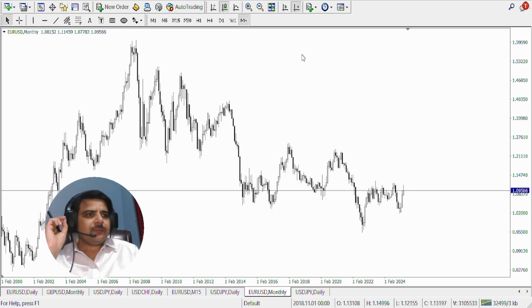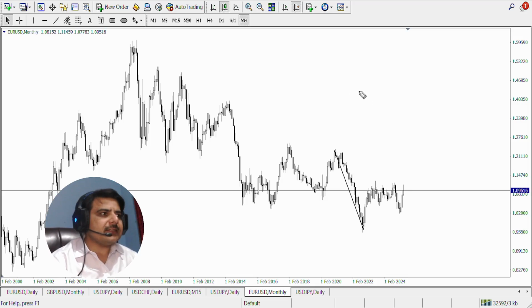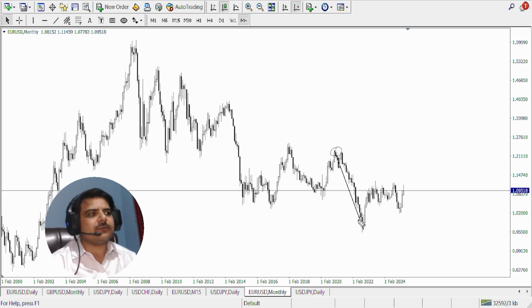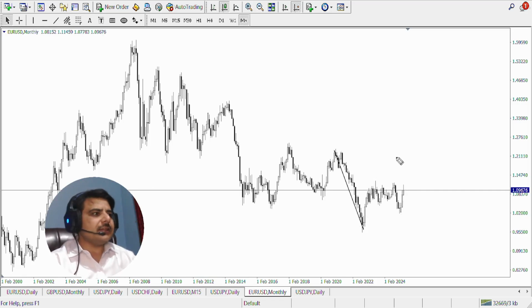First of all, if you see, this market no doubt is very nicely going down from here and from here when I was looking for a monthly setup. So if I tell you this impulsive leg, due to this impulsive leg, I got this position, this rally, and then I got this and I got this buy. So it gave me one buy, one sell, and another buy in the longer run, and these are bigger moves on the monthly time frame. So this is very nice.